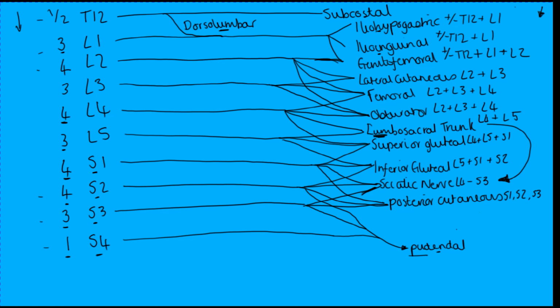L3 is a bit of a gatecrasher, so L3 doesn't create any new branches of its own. So what it does is it joins on to fibres from L2 to the obturator, also to the femoral, and lastly to the lateral cutaneous. L4, as we can see,